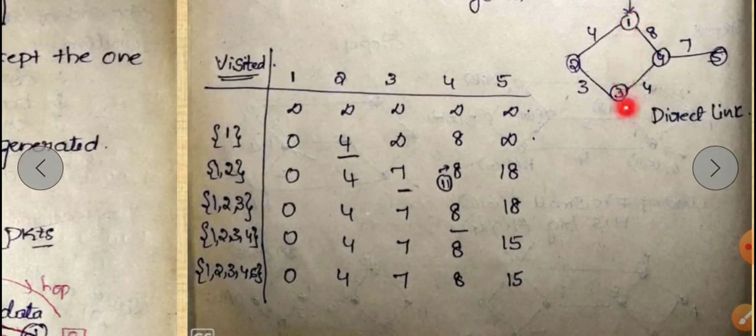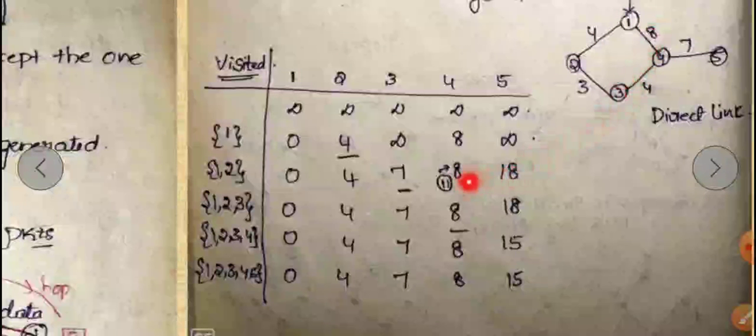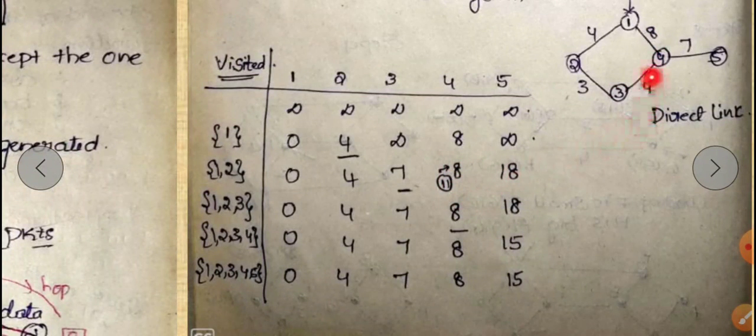Now for 2 to 3 I have mentioned. So I don't have a connection for 4. So now you can see this 2 to 4 means already I have a connection. So I have a connection from 3. So that's why I am going to connect via 3. What is the value I am going to get here?